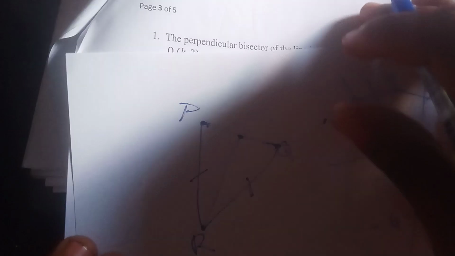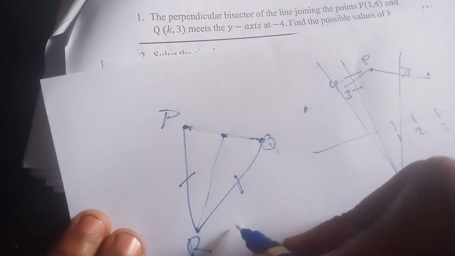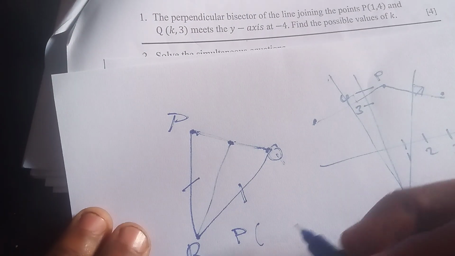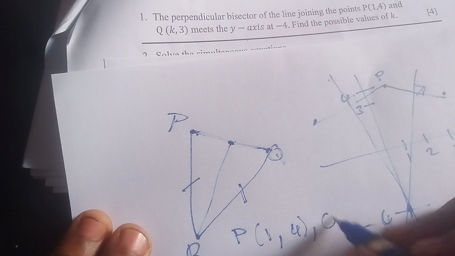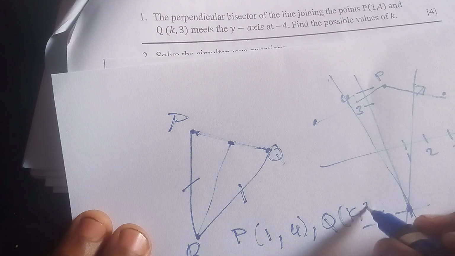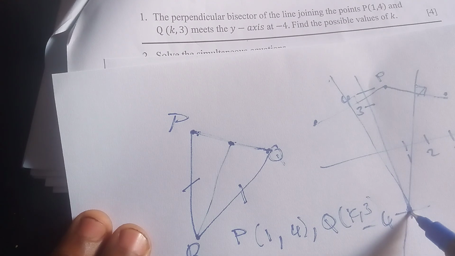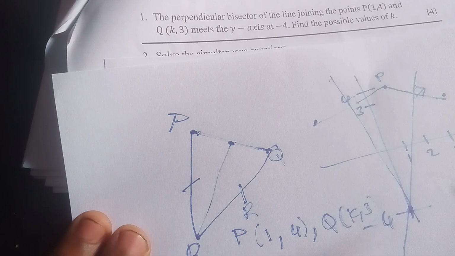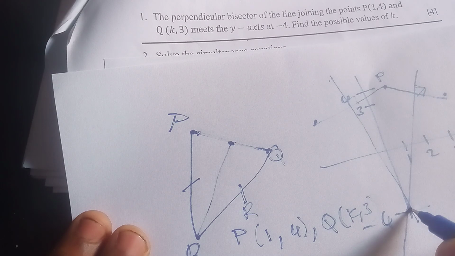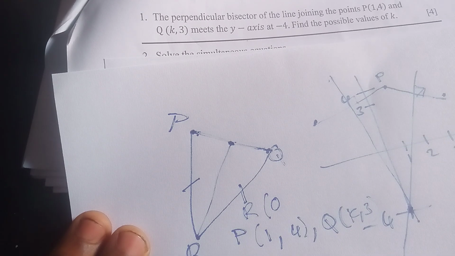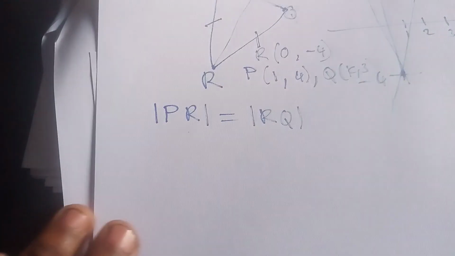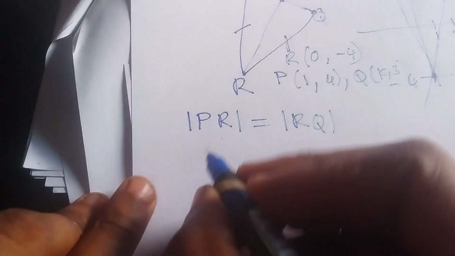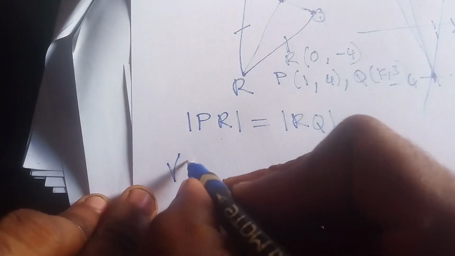And so for k. The coordinates for P are (1,4). The coordinates for Q are (k,3), and the coordinates for R, remember on the y-axis x is 0, and we are told that y is -4. So those are the coordinates for that. So now to solve for k,